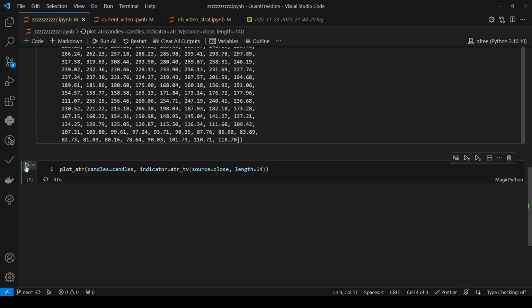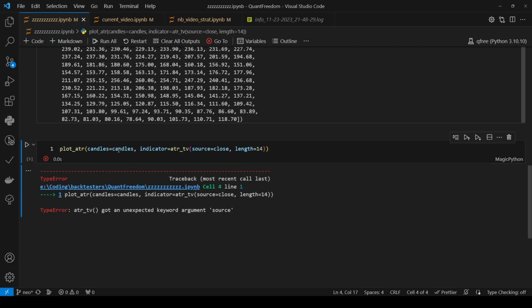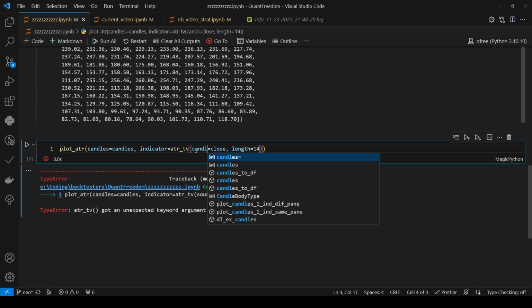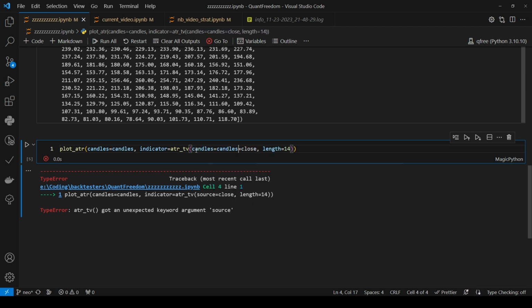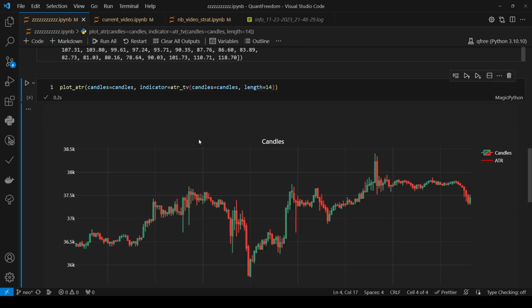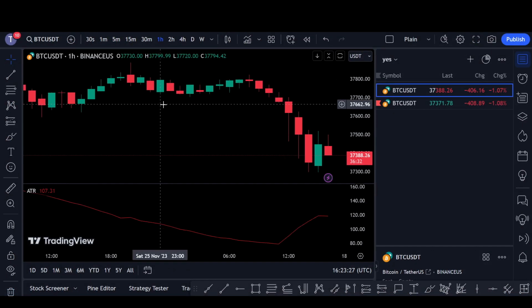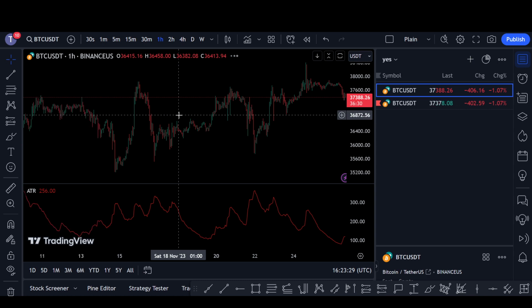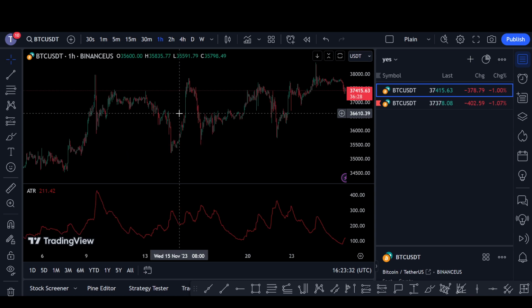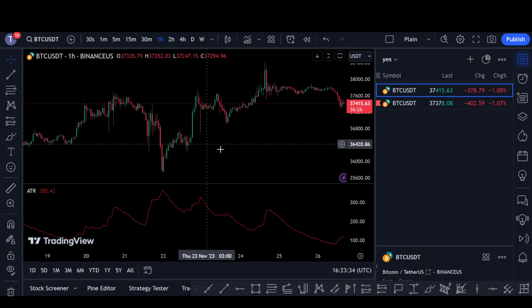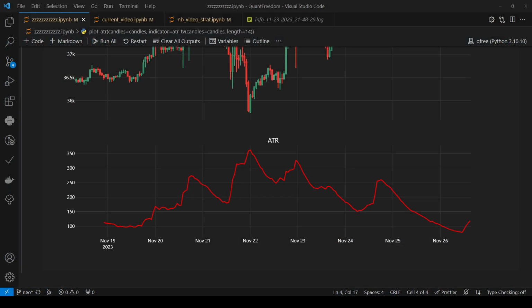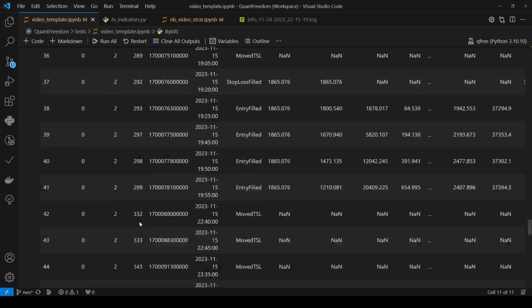118.70. And then we will learn how to plot the ATR, because this does not have its candles, instead of source, and then we'll do this, and you'll be able to see here that we'll have the ATR looking exactly like it does on TradingView. If we come back over here, you guys will be able to see that it basically looks exactly the same as on TradingView. So after we do all that, I'm going to show you guys this backtester that I've built